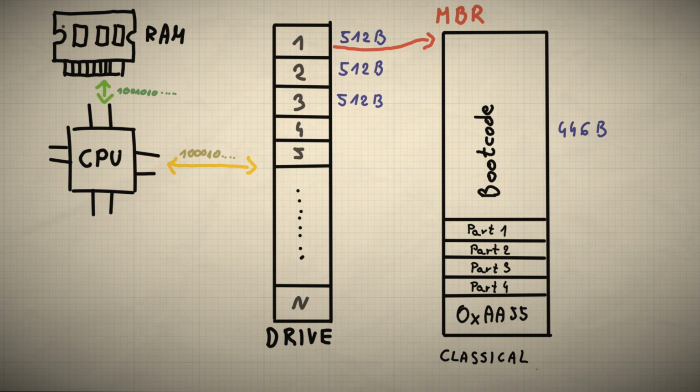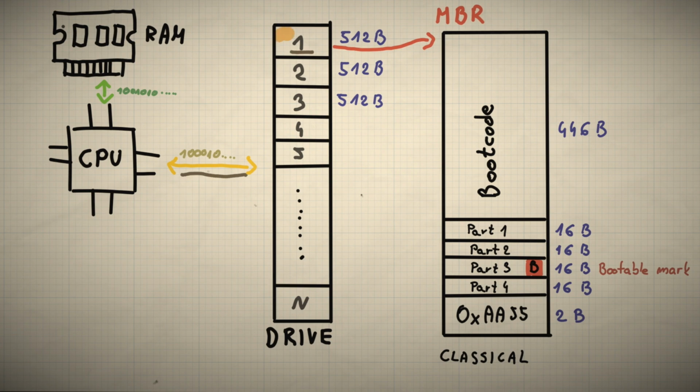The boot code takes up the first 446 bytes of data, the partition entries take up 16 bytes each, and the magic number takes up 2 bytes. Summing up, we have 512 bytes, so it's exactly the size of the sector. Partition entries contain useful information, including a bootable flag that tells the bootloader that a specific partition contains software to be loaded. For example, let's mark partition 3 as bootable.